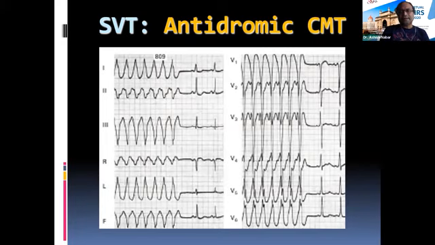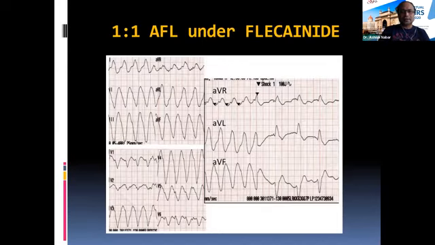Because the ventricle activates by the accessory pathway, if you look at this wide QRS tachycardia carefully, you would see that the polarity of the QRS is going to be similar to the polarity of the delta wave in sinus rhythm. So you have a delta wave which is negative in V1, and so there is a delta wave in sinus rhythm. That one thing tells you that you are probably dealing with an SVT. But this delta wave pattern, this onset of the QRS, would fall into the location of a particular accessory pathway. So that is very typical of an antidromic circus movement tachycardia. Mind you, in general, the antidromic circus movement tachycardias are much less common than the orthodromic circus movement tachycardias.